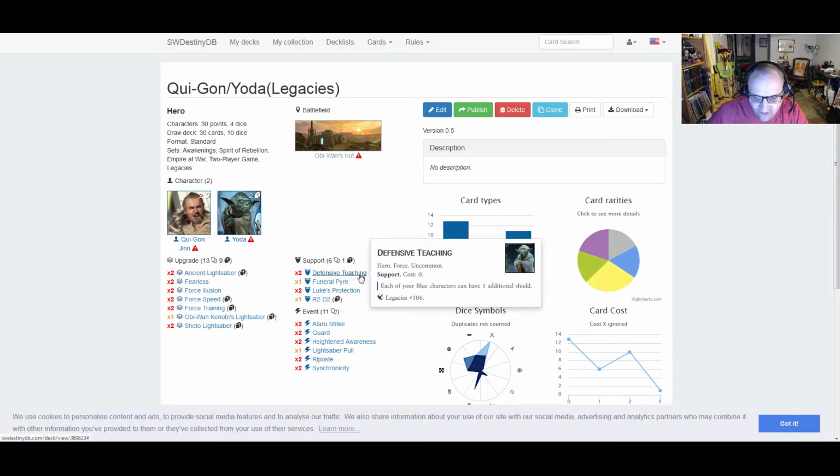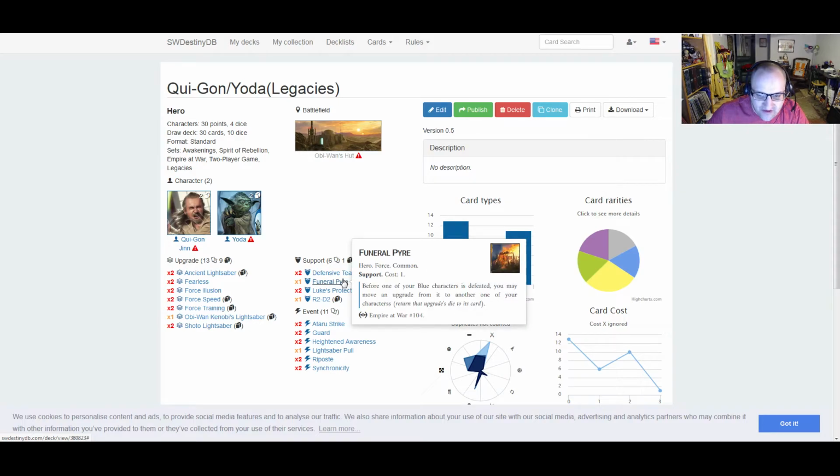Into our supports, we have two defensive teaching, 0 cost. Each of your blue characters can have one additional shield. So if you have both of these out, your blue characters can have up to 5 shields. We have one funeral pyre, one resource. Before one of your blue characters is defeated, you may move an upgrade from it to another one of your